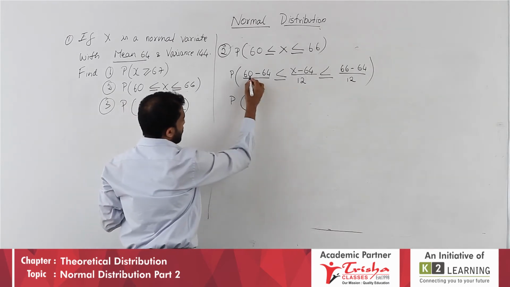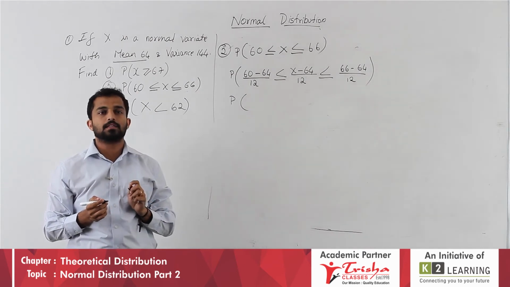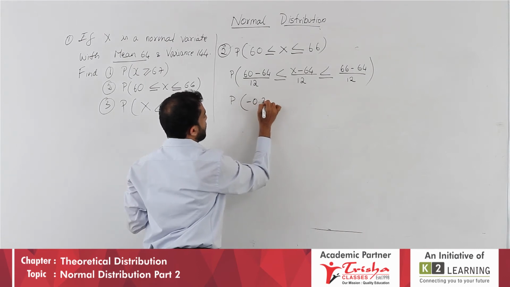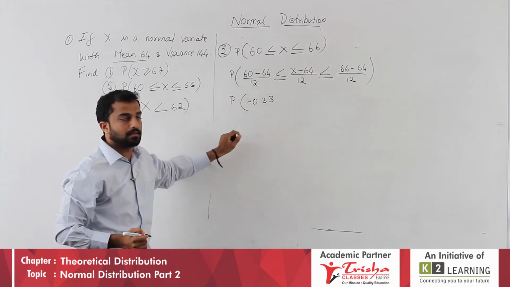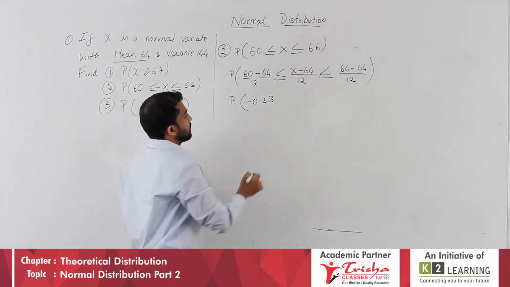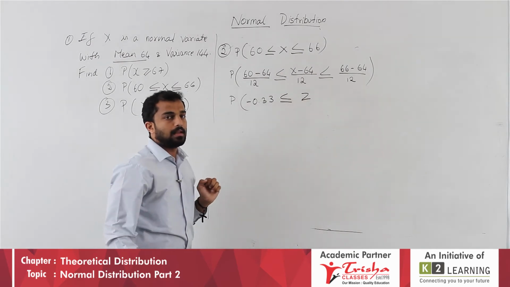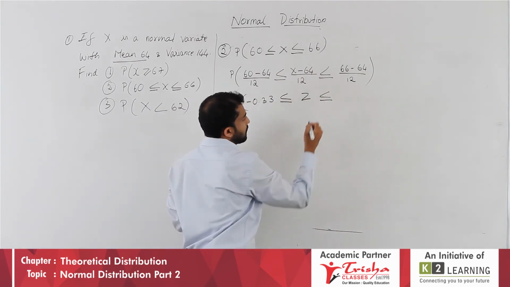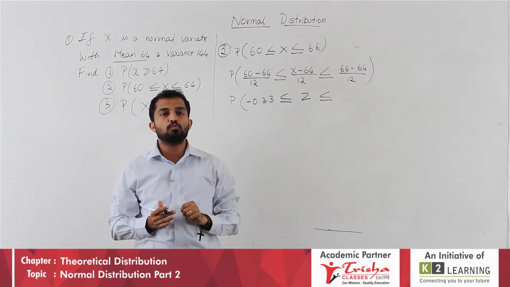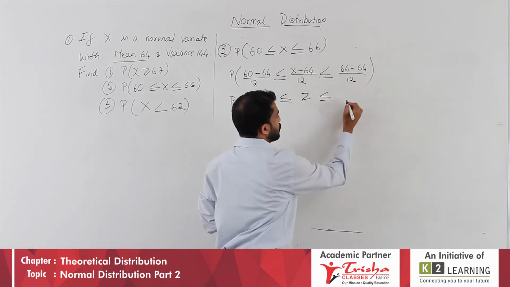Probability of this will be minus 4 by 12. How much is minus 4 by 12, students? You should get it minus 0.33. Don't forget the sign here, the negative sign. You have to write it always. Less than equal to, this is z, less than equal to 66 minus 64 is 2. 2 by 12. How much are you getting? 2 by 12. In your calculators, you should get it